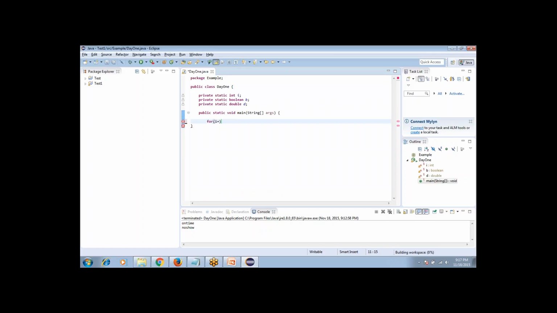i is equal to 0; i is less than 10; i plus